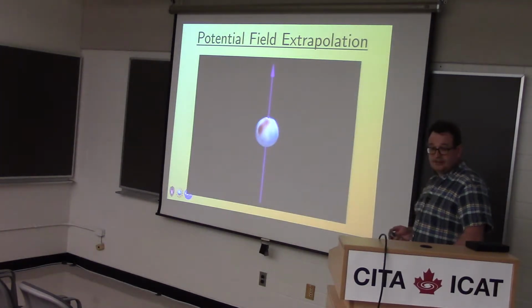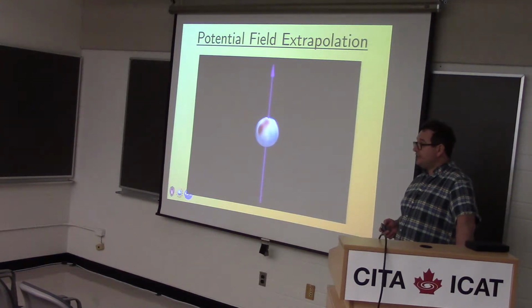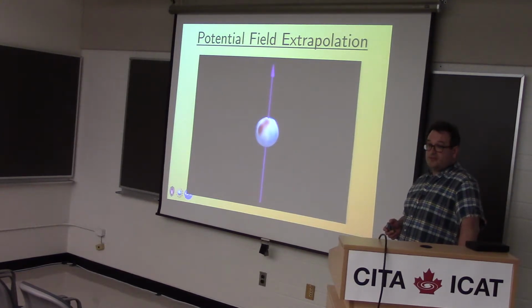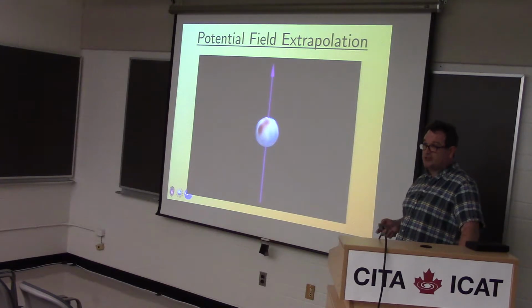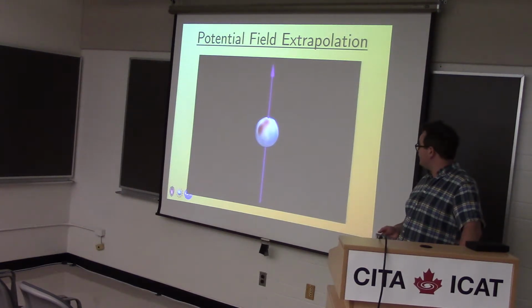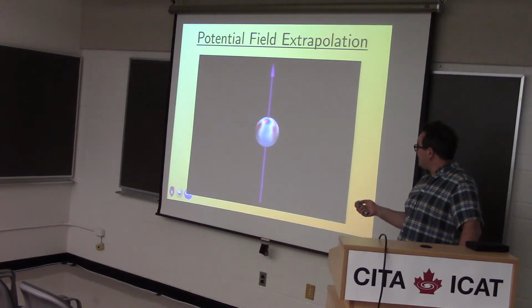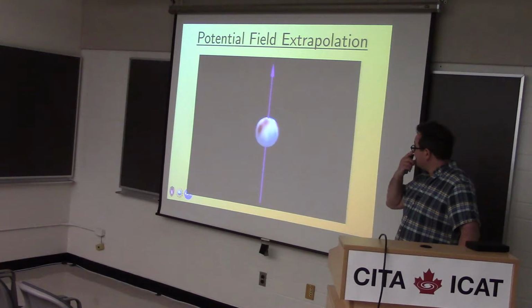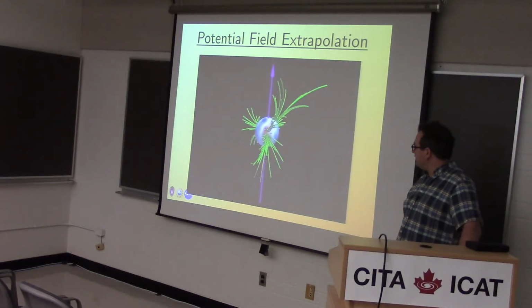And this is how potential field extrapolation processes work. Basically, we get a potential that gets the radial field right at the stellar surface, and then we use that same potential to extrapolate the field throughout the whole circumstellar environment. So this is an example of, I think, HD 37776, the Landstreet star that I showed you previously. At the moment, we just have the star. The surface is colored according to the radial field strength. If I start the movie, this shows you what the magnetic field looks like across the stellar surface. In a moment, you'll see the magnetic field being extrapolated out from the surface.